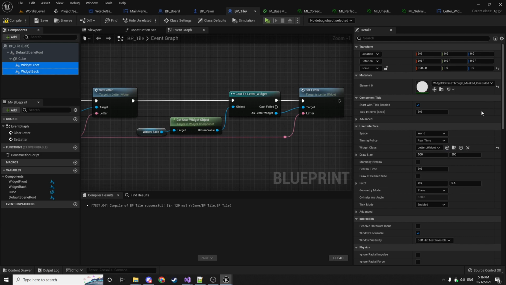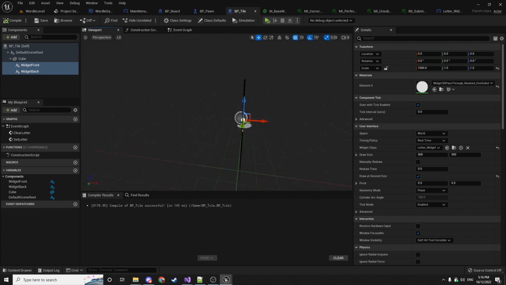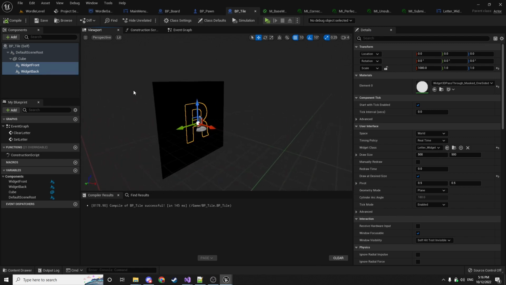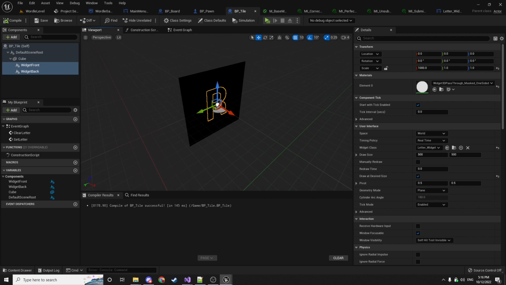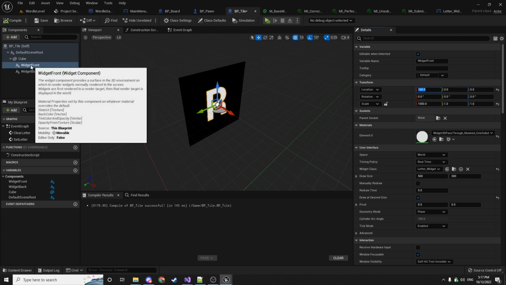And then I think we also want to change this. We want to make sure for both of these guys, we select draw at desired size. So it draws at whatever the size, the text that it actually is. And now if we compile and save, we go back to our viewport tab, you can kind of see we have our R here, except it's sort of inside of the block here. So if we take just the front one, you're actually going to have to set this value to something like 100. And the reason you need to set it to like 100 and not just like 1 is because these